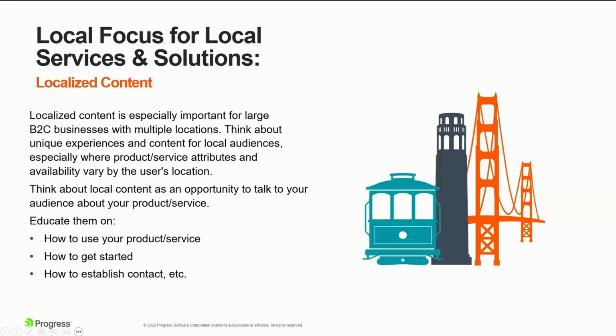Ultimately, as far back as even 2017, there were stats floating around on the web of searches containing "near me" growing by 150 times faster than comparable searches that didn't contain that type of modifier. So in 2023, some years later, it's really important to understand how your business model relates to these types of